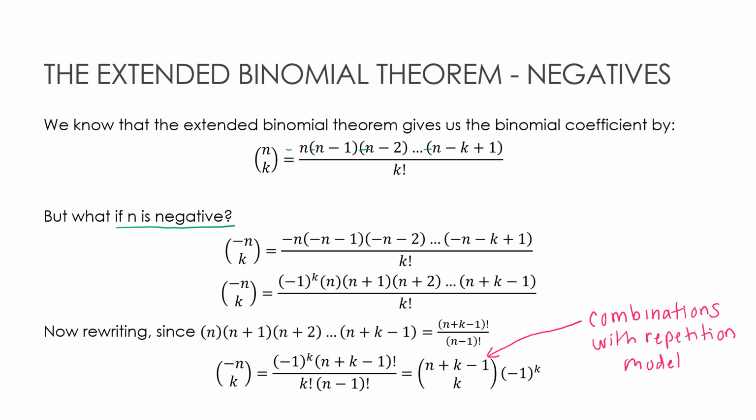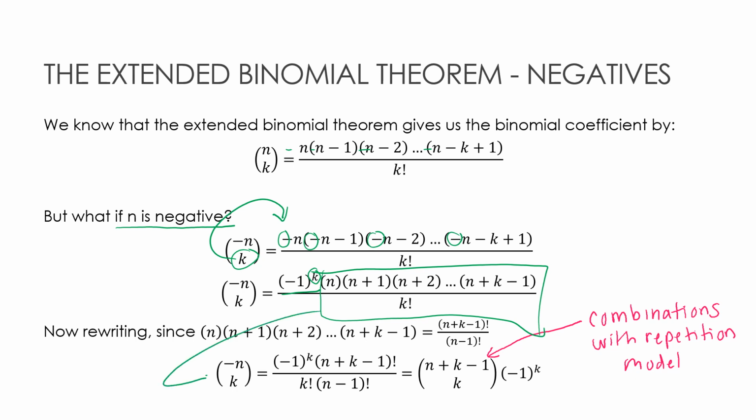So think about if I had a negative n, really I just have a negative n on all of these values, which I can then factor out the negative. So essentially I'm factoring out the negative how many times? K times, because that's how many values I have in my numerator, is k values. So negative 1 to the k, and then all of this stuff,